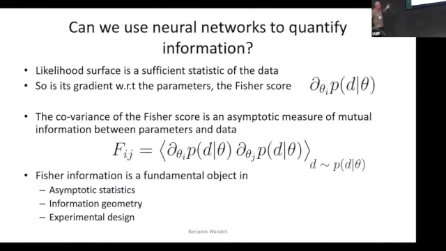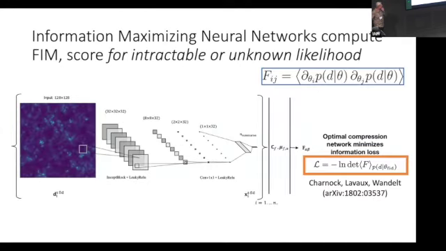So in order to compute those, though, you have to have likelihoods, right? But what if you don't have them? What if you're in a situation that we just described earlier? Well, it turns out you can compute them using neural networks. You just have to write down the right optimization problem. It turns out that the right optimization problem to write down is this thing there. It's the kind of Shannon information.